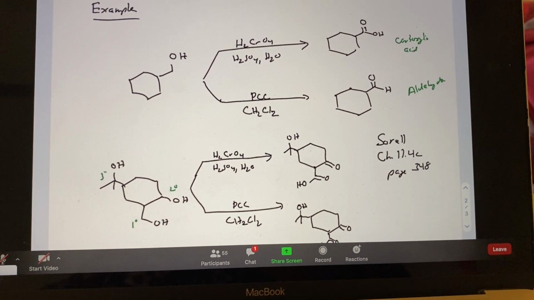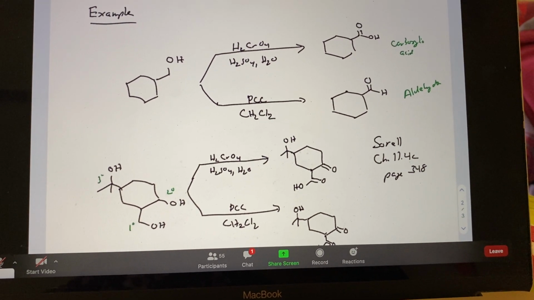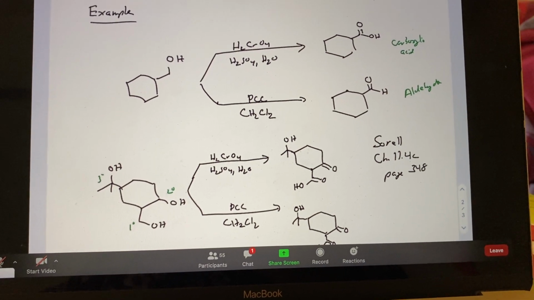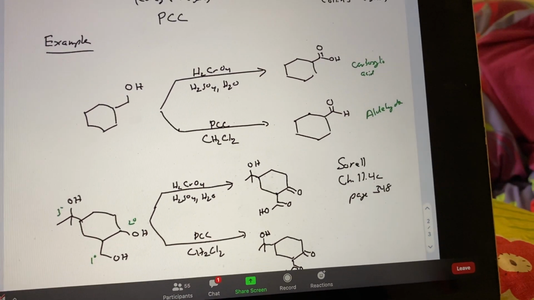Remember, too, I made that one time. It was actually quite fun. The precursor is explosive, so you need to be careful with it. The Swern, SW